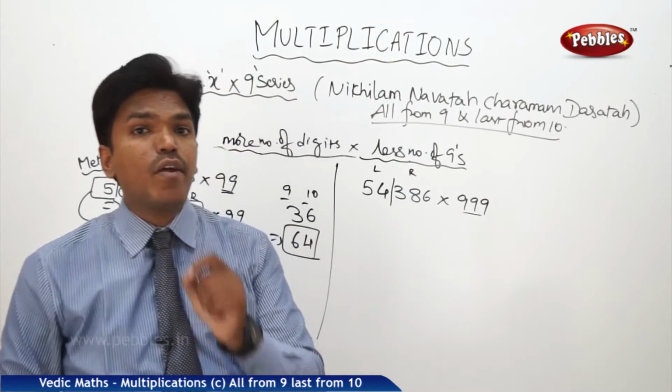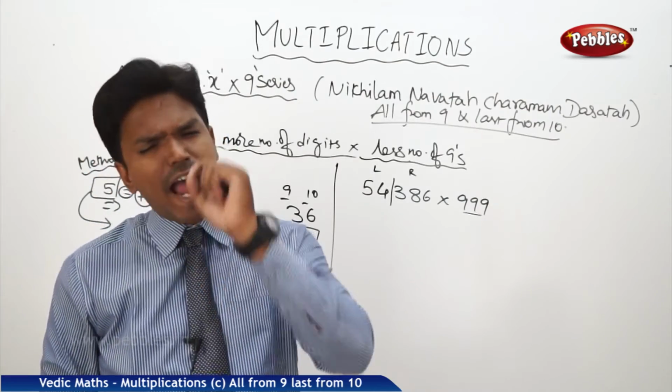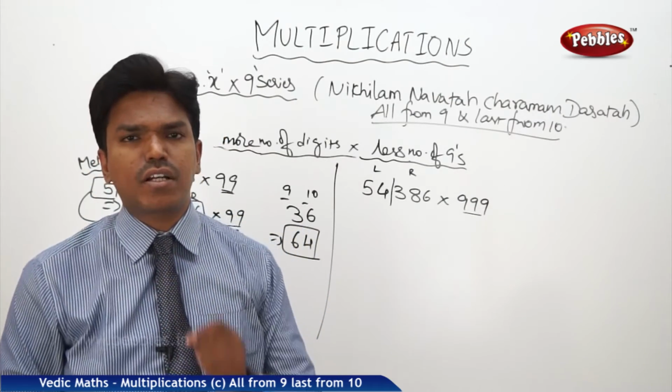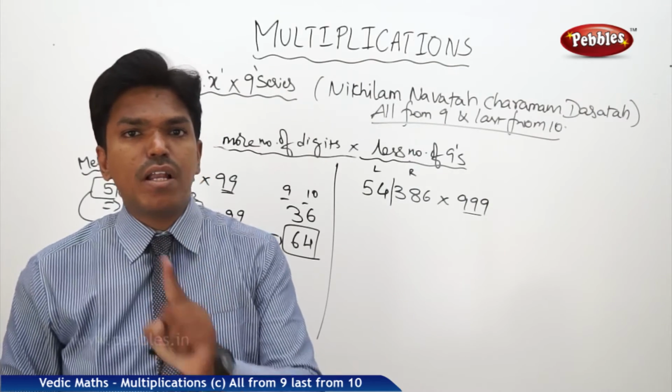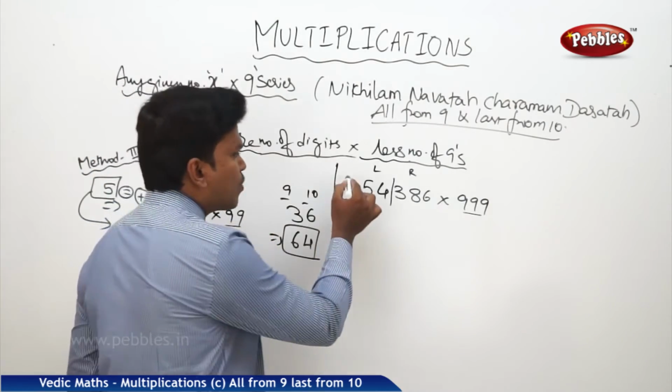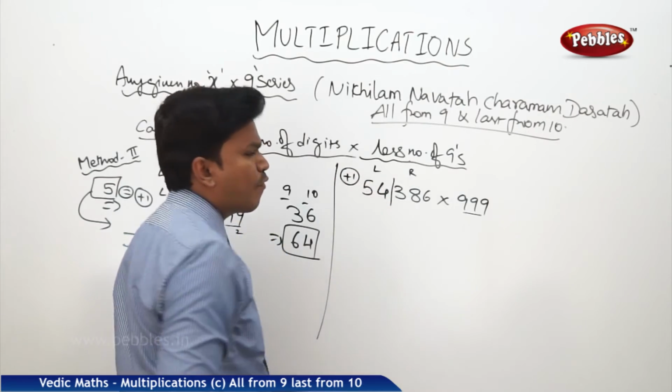Yes, always add 1 to the left side part. That is a common step to any problem in this case. Okay, add 1 to the left side part. So if I add 1 to the left side part, how much am I going to get? 54 plus 1,